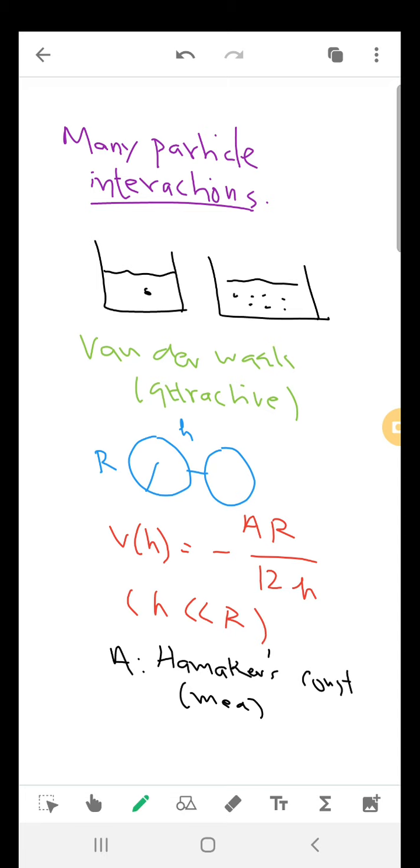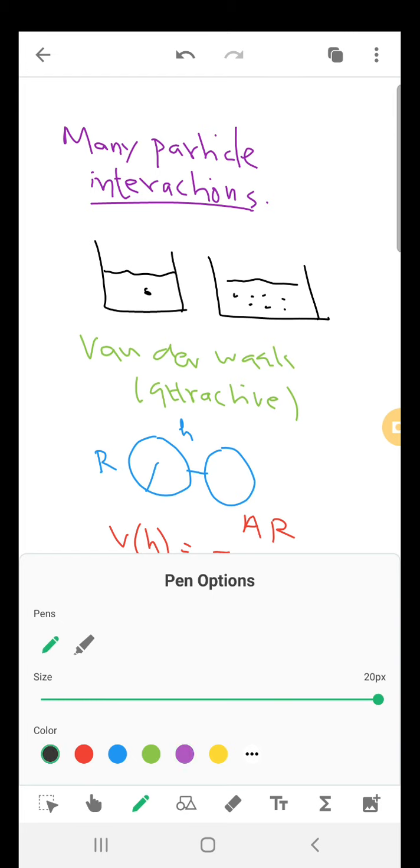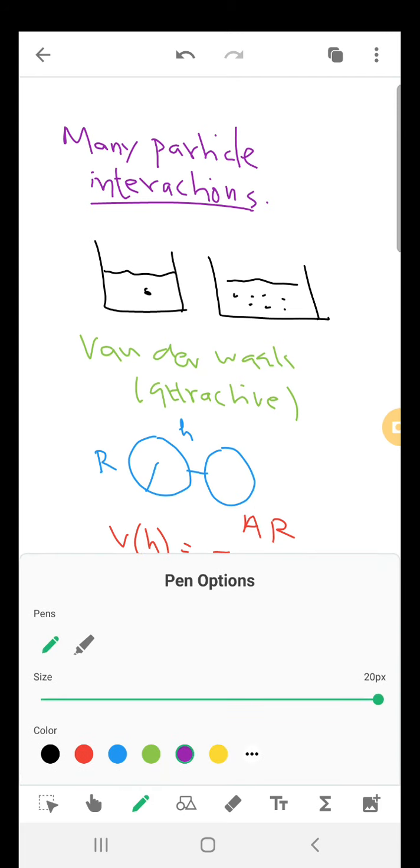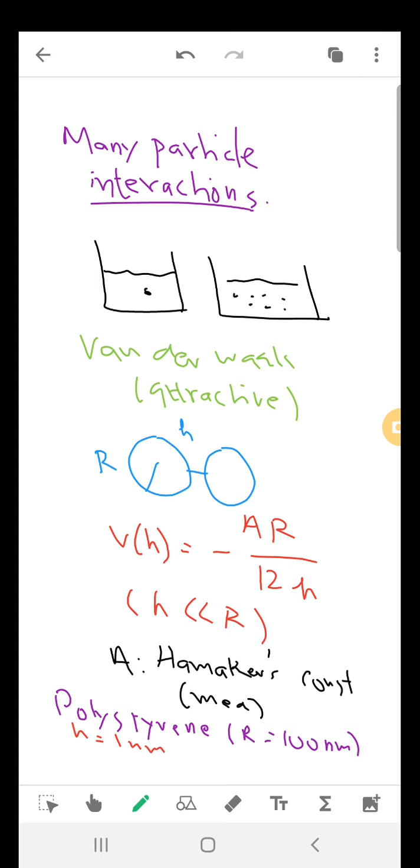Like, for example, if we are talking about polystyrene, then it has got a radius of about, say, 100 nanometers. So it is in water. If the distance between the polystyrene molecules is, say, 1 nanometer apart, then the potential will be around 20 kT, which is approximately 10 to the power minus 20 joules. And if they are, say, 10 nanometers apart, automatically it will be 2 kT,